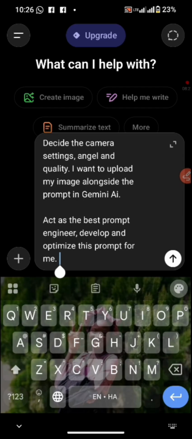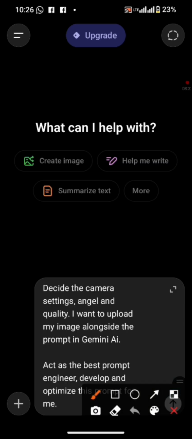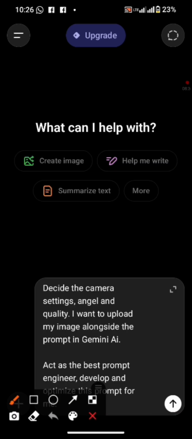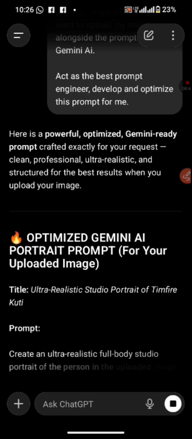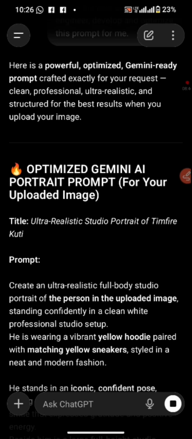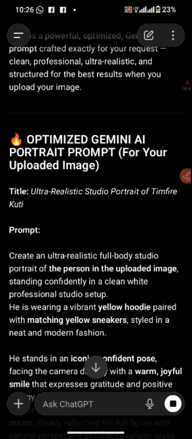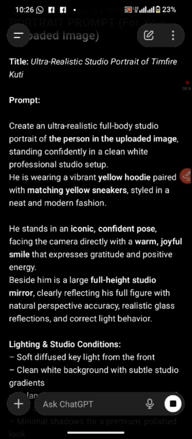So once you have added this last part to your description, act as the best prompt engineer, develop and optimize this prompt for me, you now hit the send button. Okay, the send button is this here. So you hit the send button. It's going to develop this prompt for you now. Do you understand? So the AI is going to develop it very well. You can see Gemini optimized prompts. So you now see